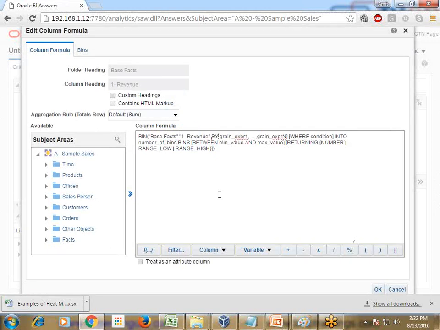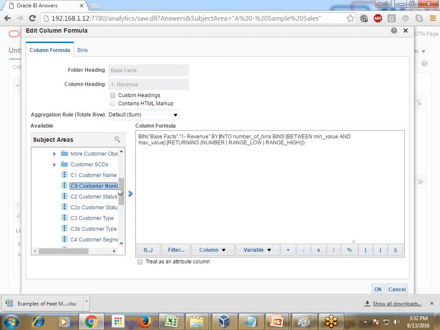By, I like to create this bin by customer count, or it could be store count. So let's say customer count in this example. I use customer and use customer count. Into number of bins, I create 10 bins so that it makes sense. You can define user define specific value, and between minimum and maximum range. So I define minimum and maximum range over here between 0 to the maximum value in this case is 22,000,